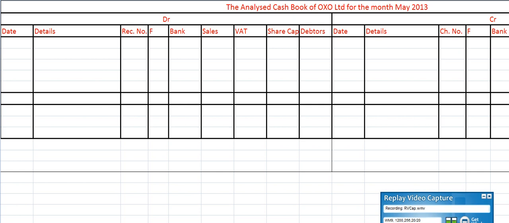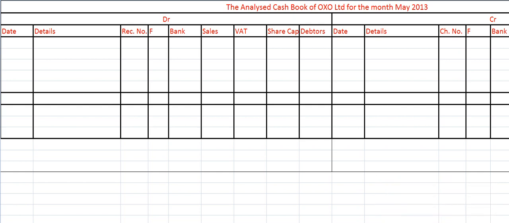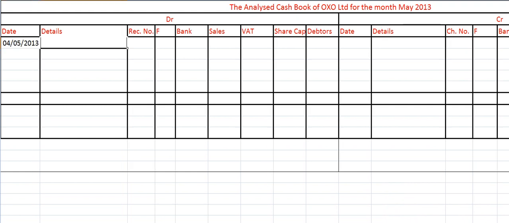So if a shareholder invested 60,000, that's money coming into the business, so it's going to go on the debit side. So 4th of the 5th, 2013, share capital, and we issued them with receipt number 1, that should be in red. That's going to go into the next available account in the general ledger, which I know is general ledger account number 4, and that is 60,000 under bank. Everything gets entered under bank, and then one of the analysis columns as well, 60,000 there,